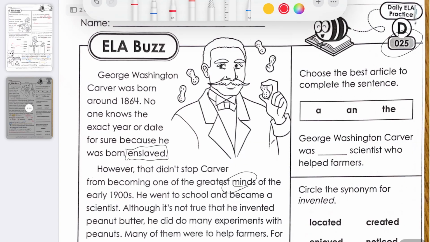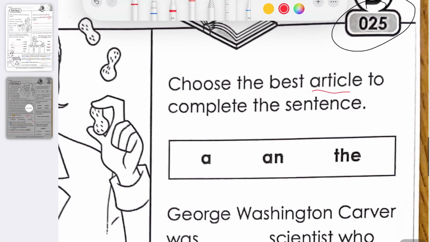Okay, this one. Oh, look, article. I kind of showed you what an article was. Yeah, there are 3 articles, a, an, and the. And they just kind of let you know that, I am so sorry. They introduce a noun. Okay, so an article introduces a noun. It lets you know that one's coming.